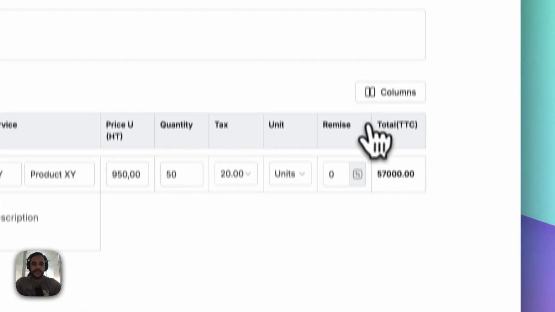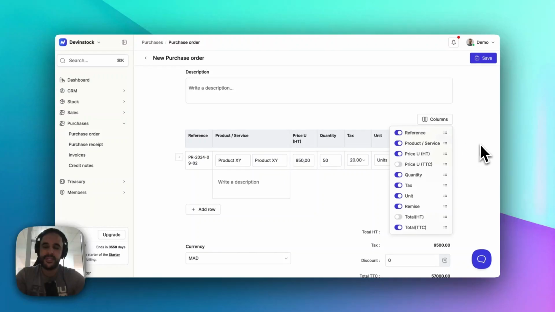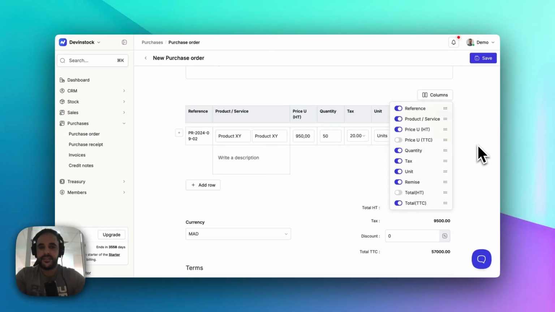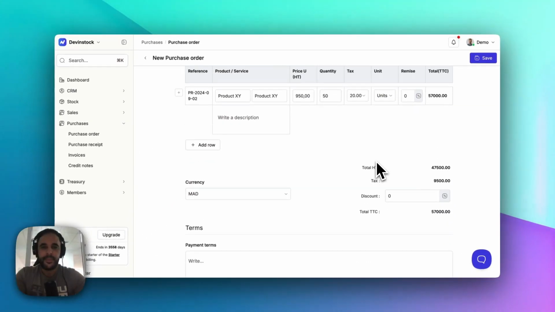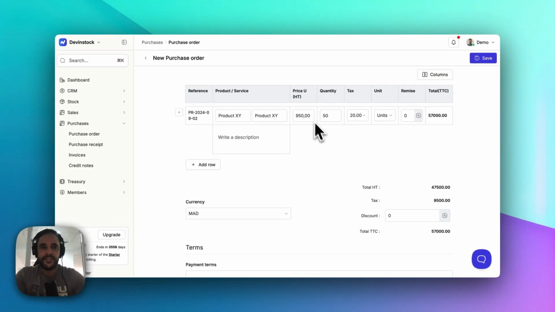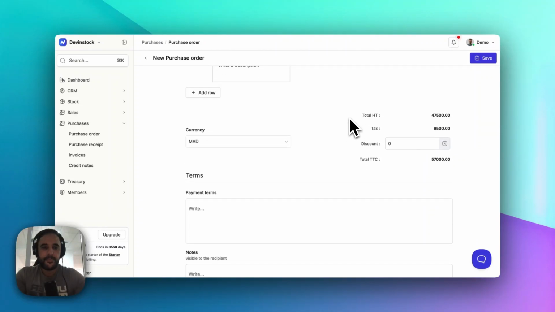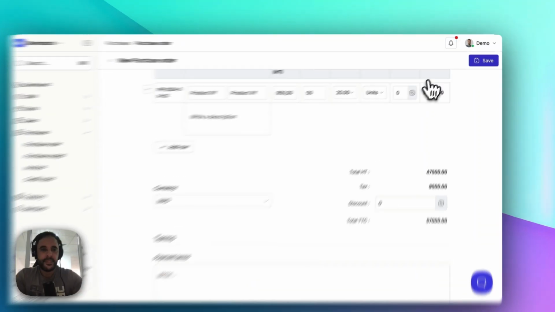From here, I also have the possibility to work with the excluded tax or even the included tax, and check or uncheck the columns I don't want to show in the document at the end. So here we are working with the unit price excluded tax from the supplier. I will save,